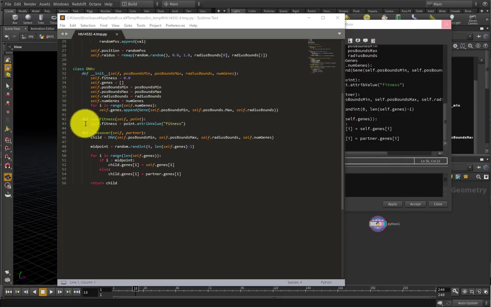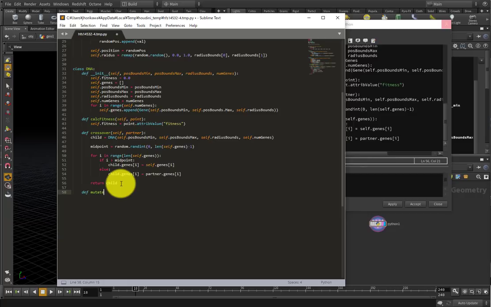If I look at the functions, do I have all the things I need? No. I also need a definition called mutate. To mutate, like randomly change its gene at some point, at some rate. So you need a mutation rate as a parameter